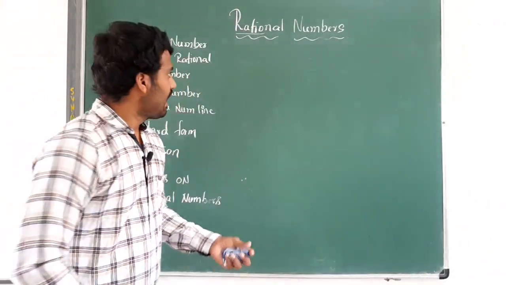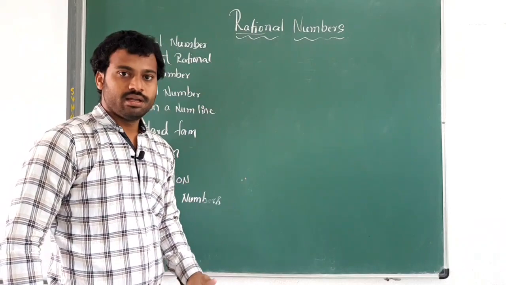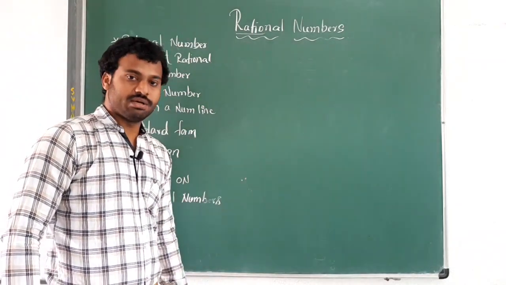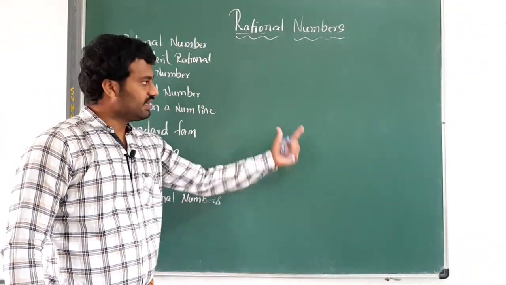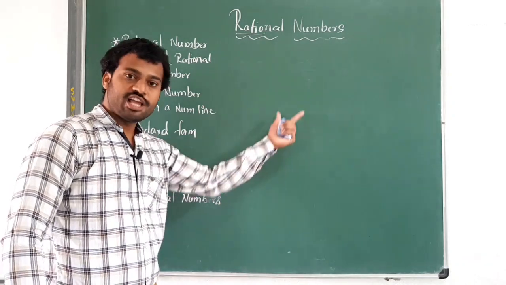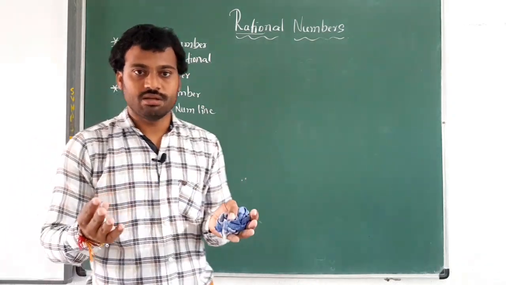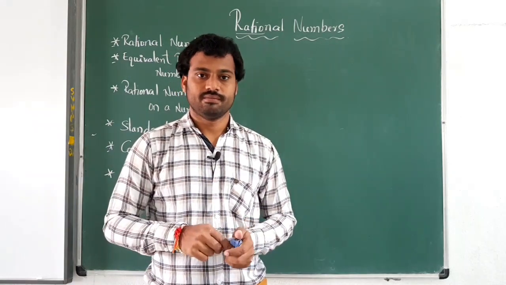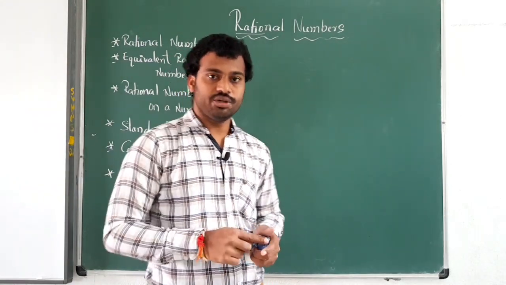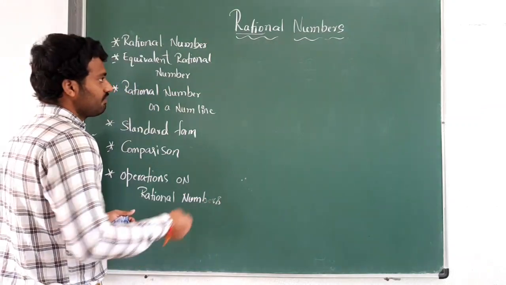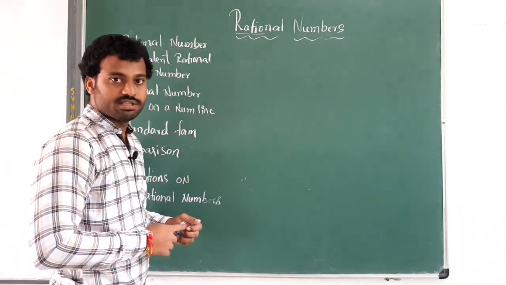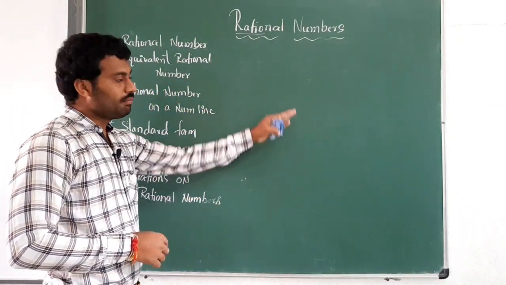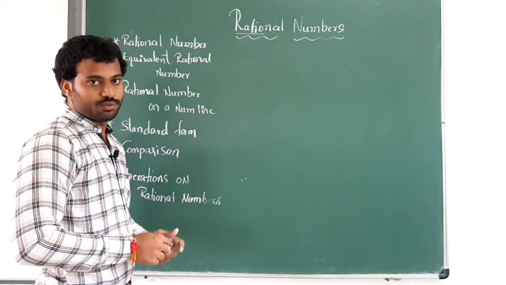Suppose I write two rational numbers. In between, how many rational numbers are there? Is there any rational number in between any two rational numbers? Will any rational number be present or not in between? So for that question, what I have to do? First I have to take two rational numbers. Later with the example only I will clarify this one.